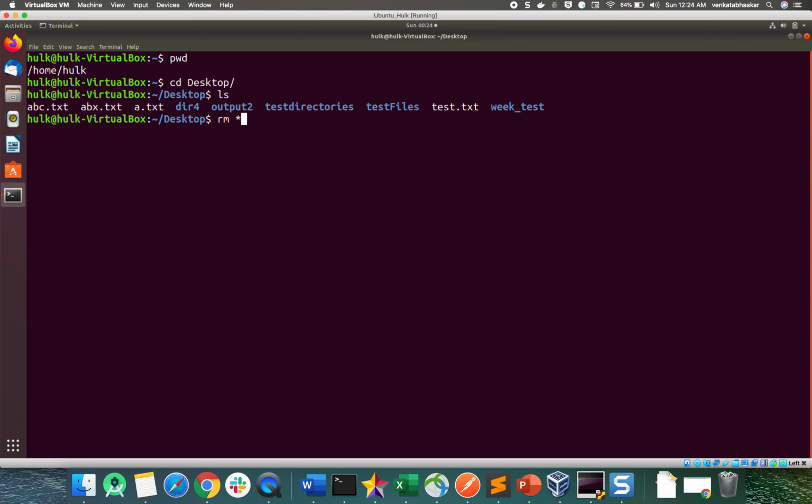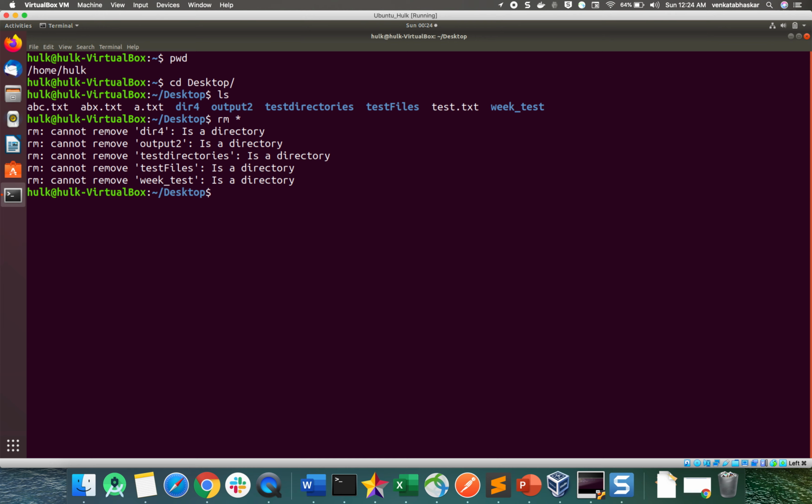Just use rm and what will happen? It says cannot remove directory. Why? Because you need to use the option -r. If you use this, all files will be deleted. R indicates recursive.